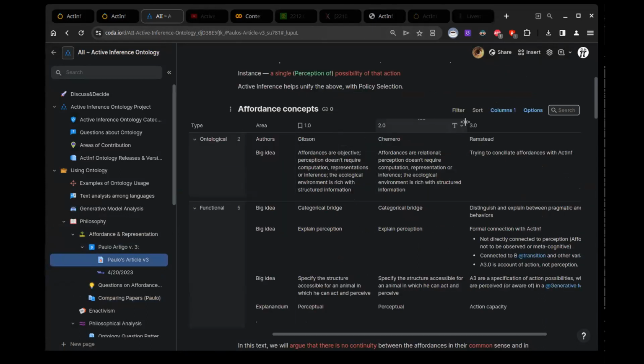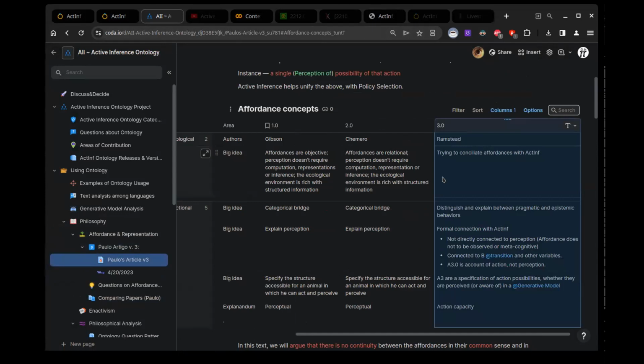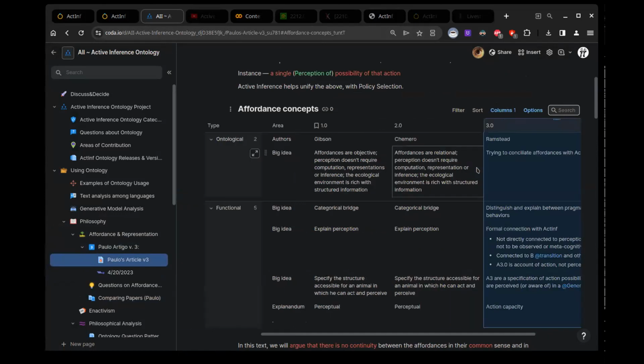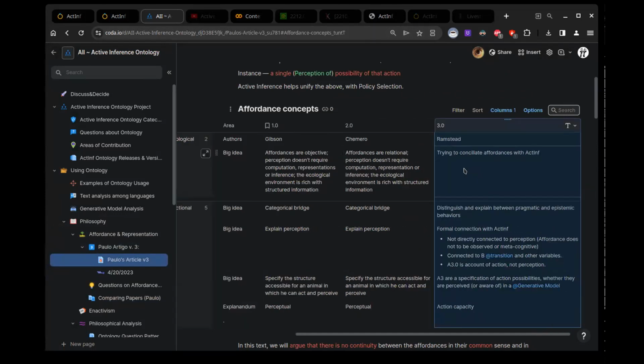So recently, there was a paper written by Ramstead about the affordance 3.0 concept, and basically it says the way that we talk about affordances in ActInf is pretty much the Gibsonian affordance concept. So as Ali tactfully noted, this is an area of discussion and controversy. So I look forward to Paulo developing the work more and bringing this out.